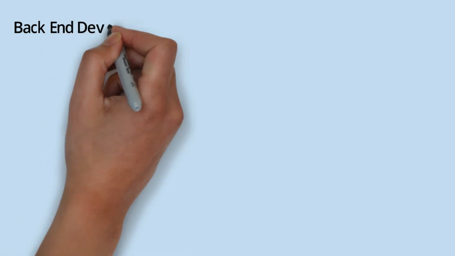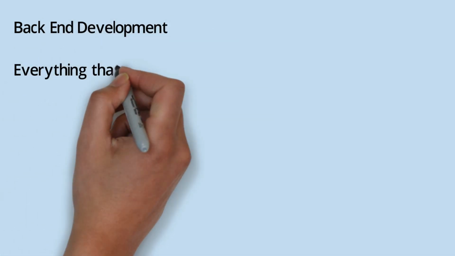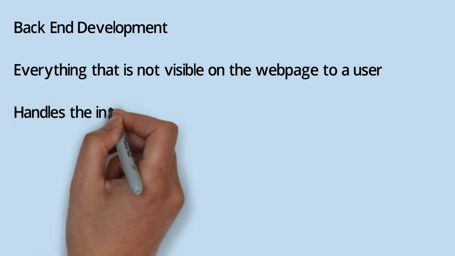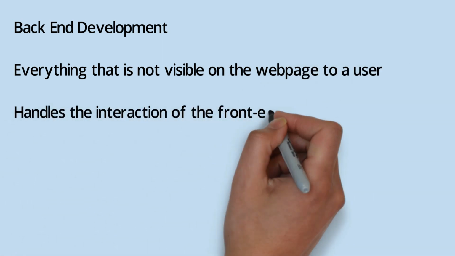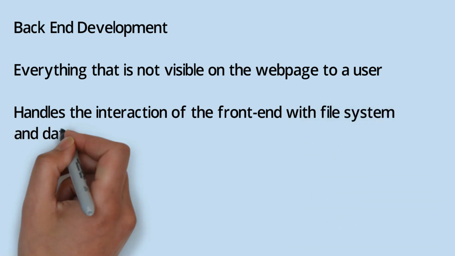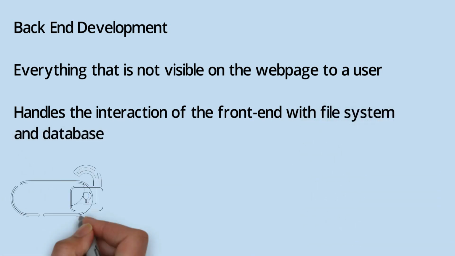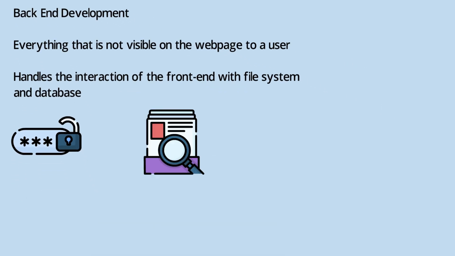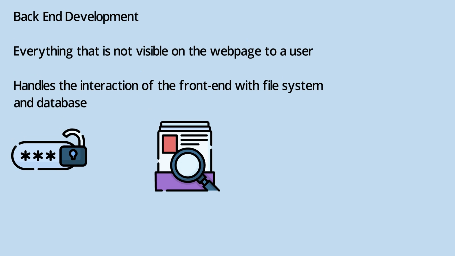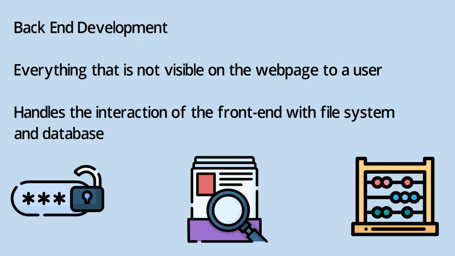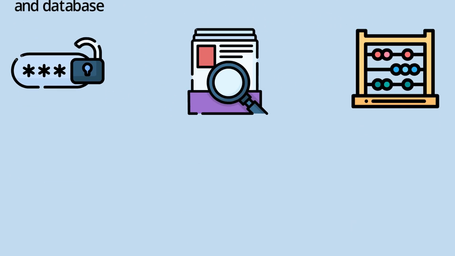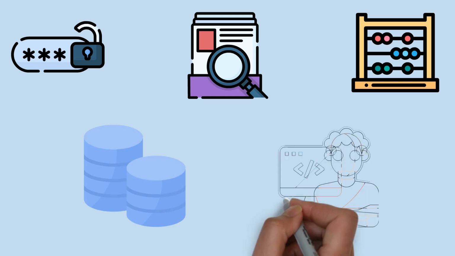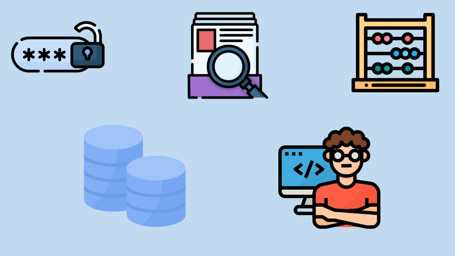Back-end development. Back-end development is everything you as a user do not view on the web page. A login button is useless if it does not check your credentials and log you into the website. Moreover, websites need to connect with databases to store huge amounts of user and product data. Amazon can't manually keep updating the website when a new product comes up or the details of a product change. This data has to be fetched and updated in the database. Back-end developers are as crucial as front-end developers for running the website.